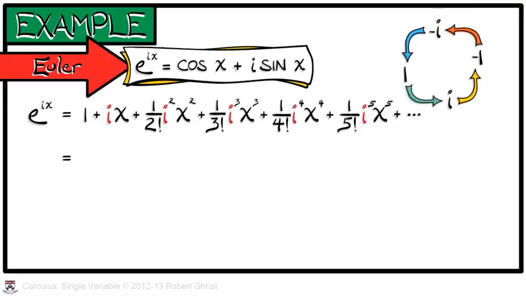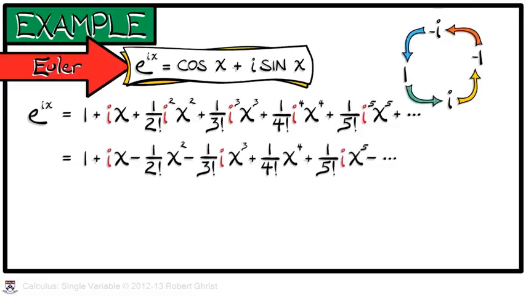Therefore, we have a cyclic pattern in our powers of i that allows us to simplify this expression as 1 plus ix minus x squared over 2 factorial minus i x cubed over 3 factorial plus x to the fourth over 4 factorial, etc. You can see the pluses and the minuses coming in alternating pairs, and the real versus imaginary terms alternating